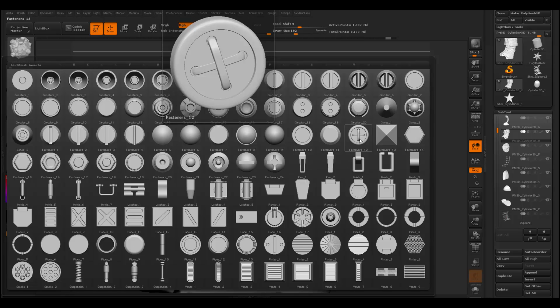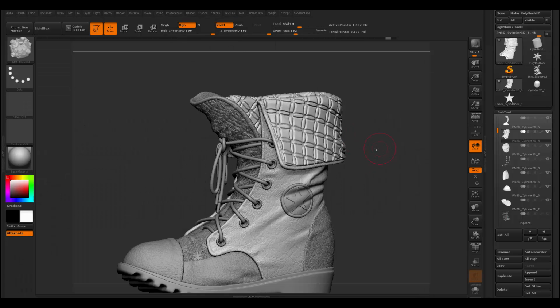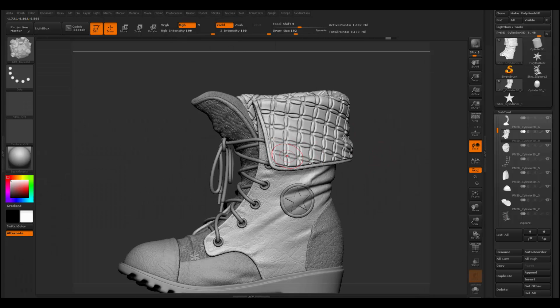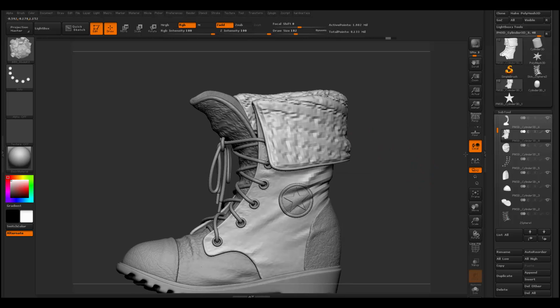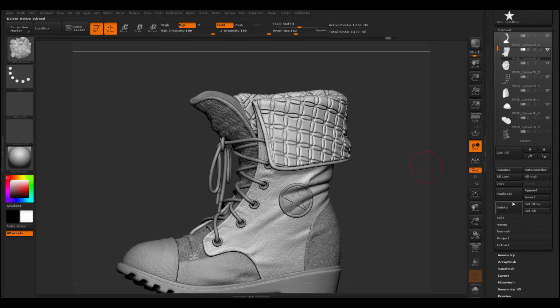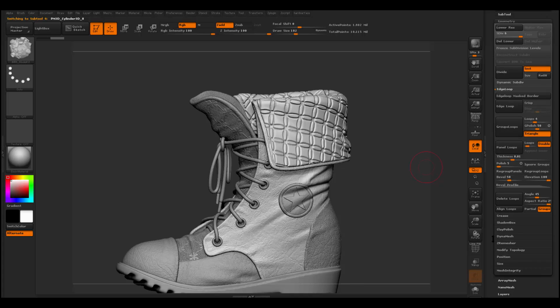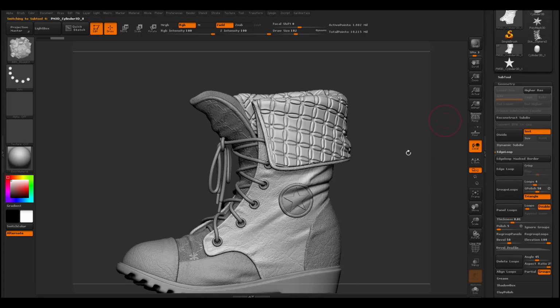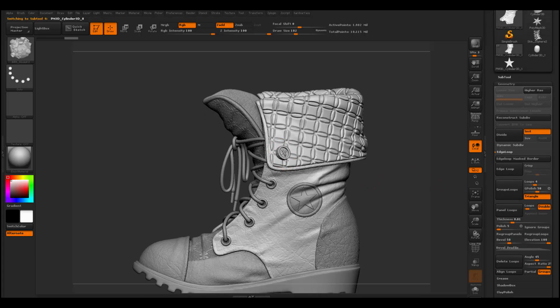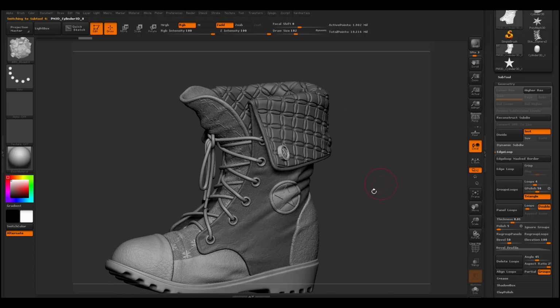Let's see, this guy, like a button. Okay, I want to insert it there, but again, if I do that, it will tell me that I cannot do that because this guy has subdivision levels. So let me duplicate this guy again, and then the new one will have no subdivision level by deleting the lower, and then I can insert one on this guy. Okay,